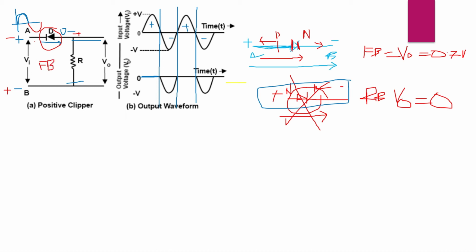The maximum output should be whatever the input amplitude of the wave is, and it will be reflected on the resistor also. So it is connected in this mode, right? Whatever the voltage of this diode is, that will come to this point. So if you connect an oscilloscope here, you will get the output waveform.